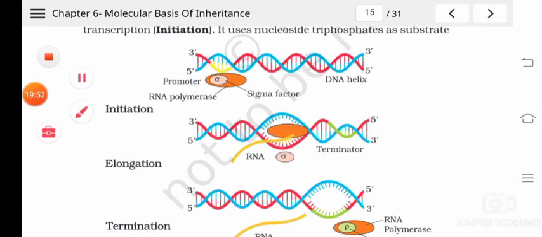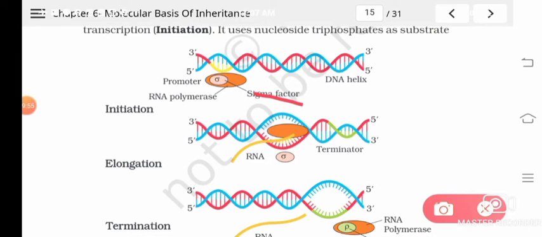Then next what happened? The opening and the other processes are done with the help of RNA polymerases itself. Okay. It opens the DNA double helix and it moves through the structural genes. As it moves through the structural genes like this, you can see that RNA will be here. Okay, this is the RNA that will be formed. Okay, nucleotides, ribonucleotides will be added. Understood? According to the complementarity, means if there is A here in the RNA, what will be added? U will be added. Okay, if it is T, then A.